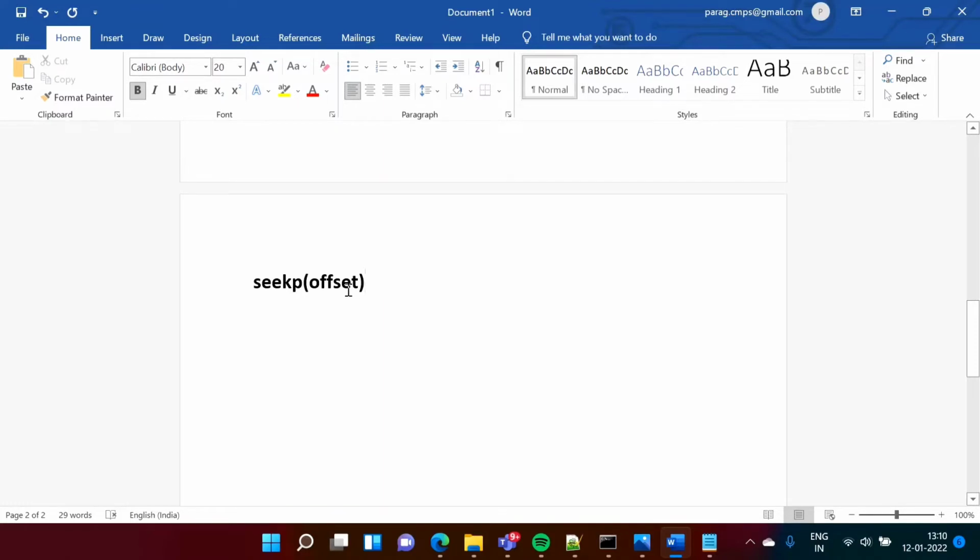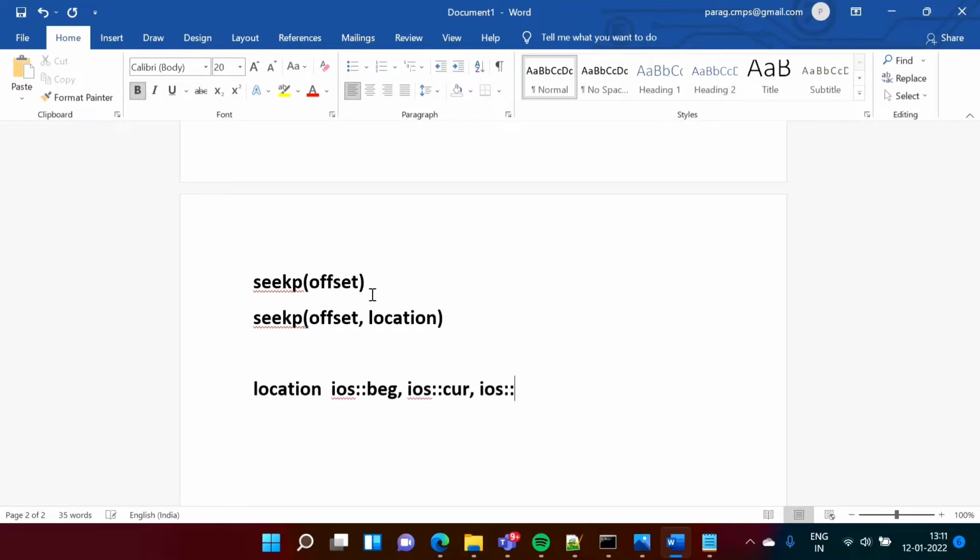So it moves from the beginning of the file, and if we are passing two parameters, so one is offset and another is location. Location can be, just similar to the seekg function, beginning of the file, or current position of file, or end of the file. So location you can mention this, and this offset is integer value.